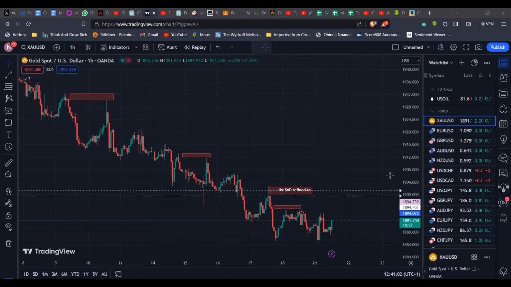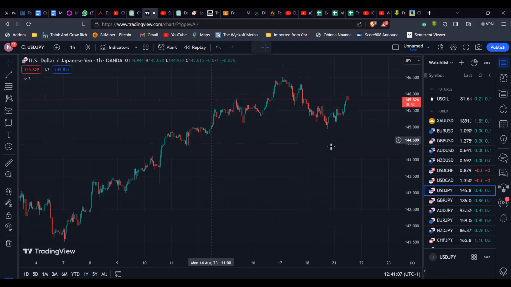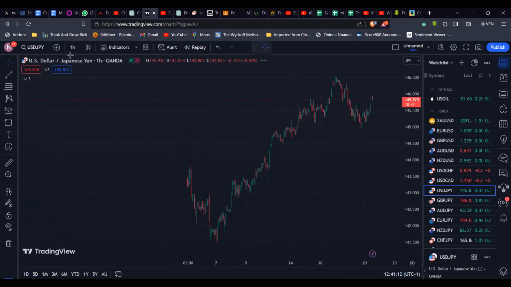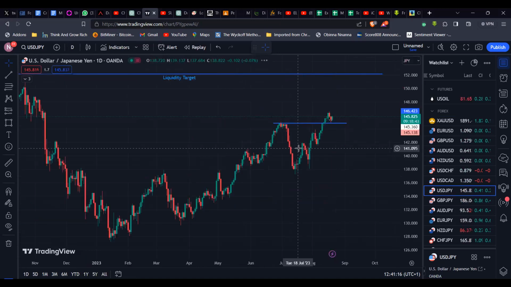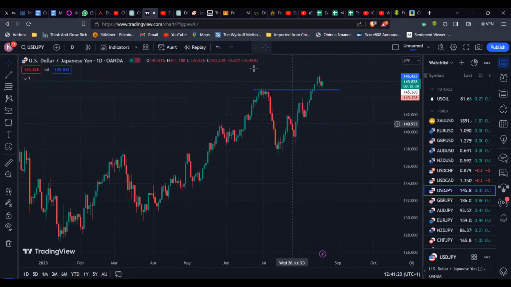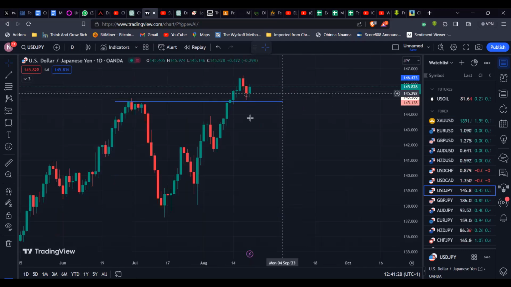So basically in one swoop we've touched on EURUSD, GBPUSD, XAUUSD, and all of those fancy things. Now another pair I like the structure of is USDJPY. USDJPY has been bullish, very bullish. You can see on my weekly time frame liquidity targets. We had the daily time frame targets cleared out. I made very good profit on this one. I'm looking for buys on the way up to this area, and I'm still looking for those buys.